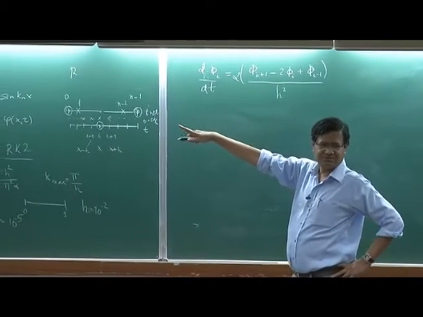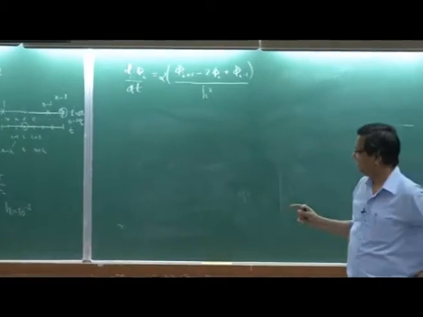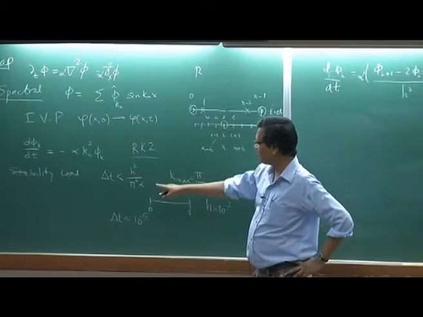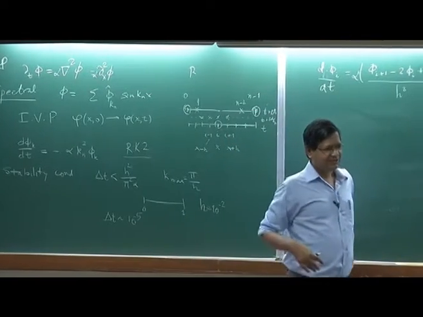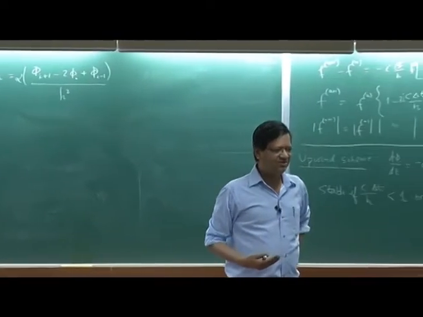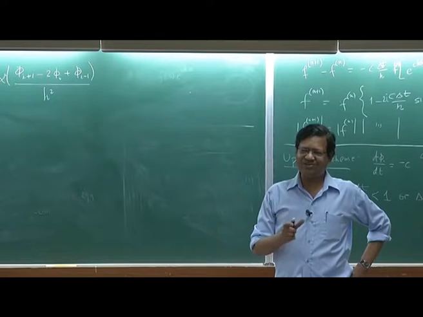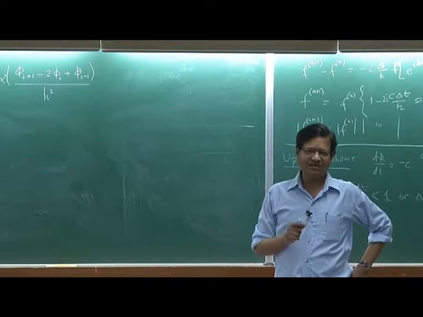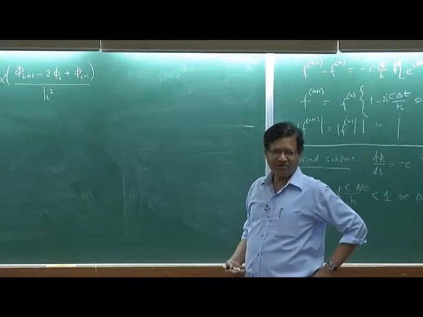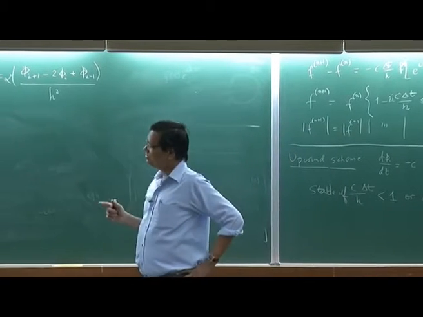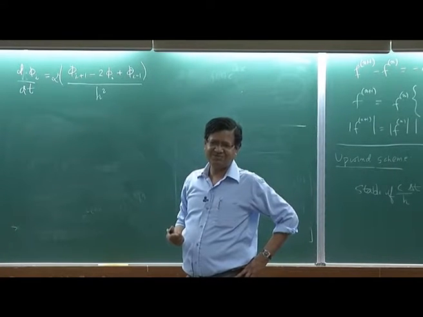So, it is same as diffusion equation, but I want to choose my bigger delta t. Now, delta t is, this is really bad. H squared I showed you the 10 power minus 5 is too tiny. So, we should choose delta t 10 power minus 2, 10 power minus 3, because h squared is 10 power minus 10, and that is now you are reaching the round off errors, the precision errors of the computer. So, you do not want to choose such a small delta t. Sometimes you are forced to do it, you have no other option, but one clever way to choose bigger delta t is using implicit scheme.